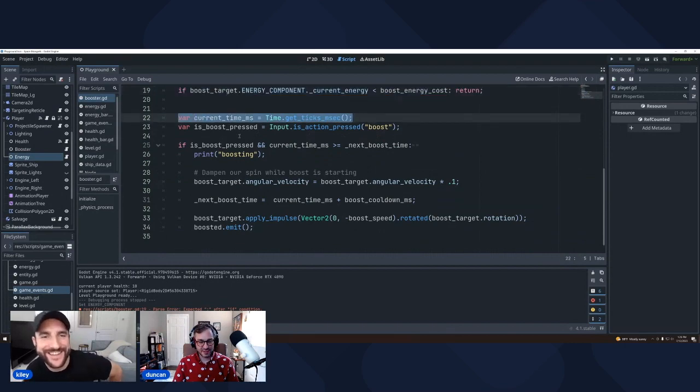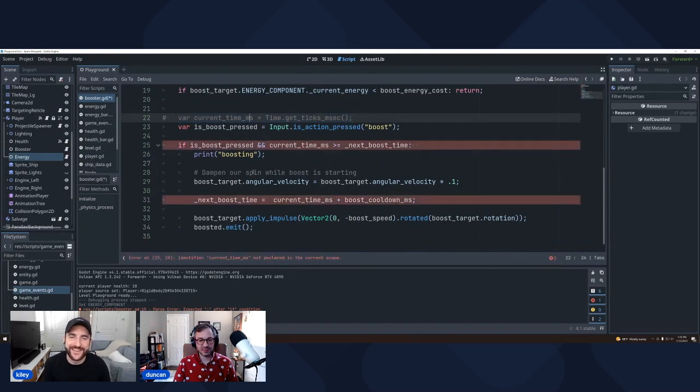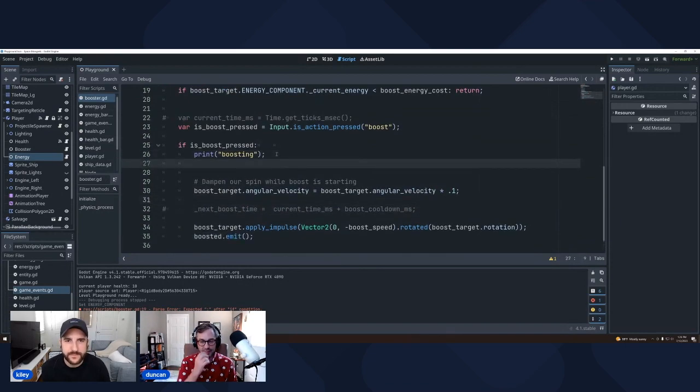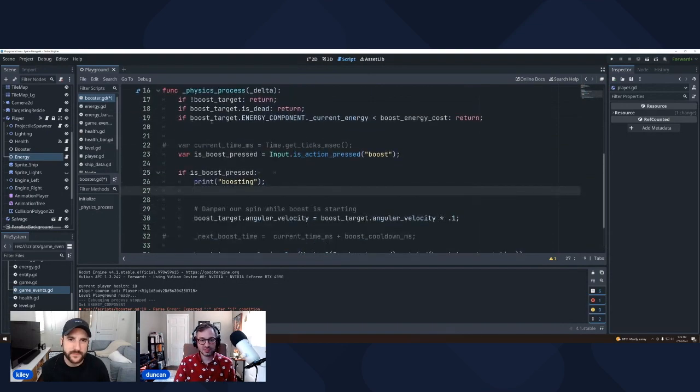Get out of here. And so what I'm going to do is, again, it used to be time-based, right? But now it's not going to be time-based. It's going to be energy-based. So we'll just get rid of this. And so I had some variables that were tracking the last time it was boosted and the current time, right? So that we could say, hey, let's go ahead and not allow it to do it unless it's been a certain time. And so we'll say, okay, we can do it.